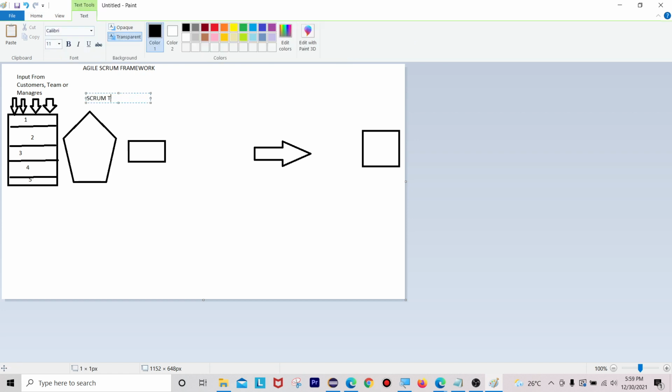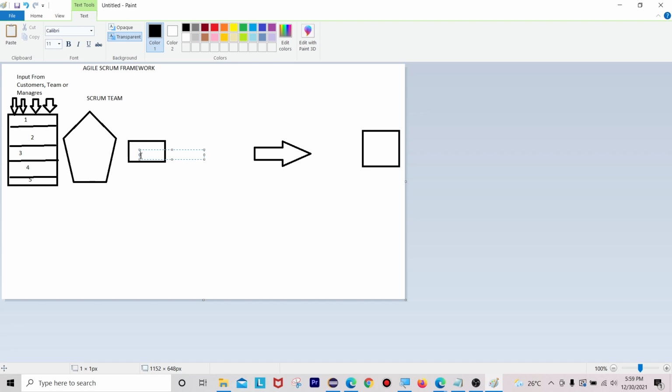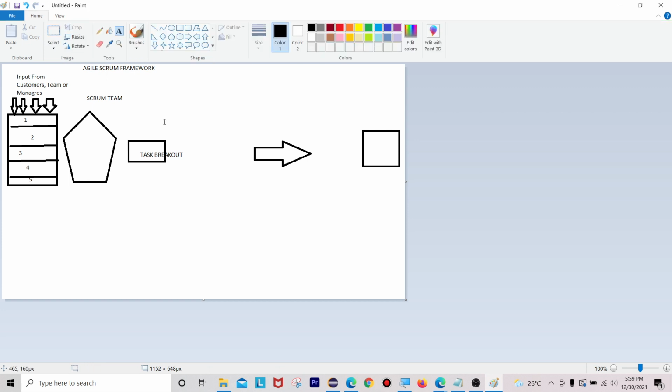Scrum team. The next one is task breakout, right? Select this one.